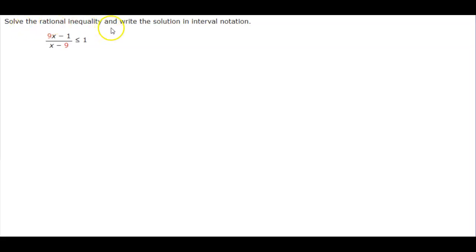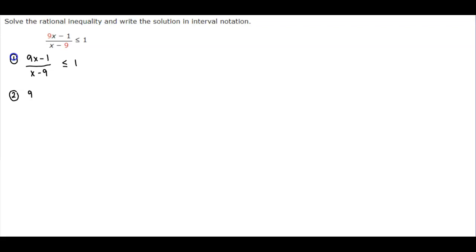Solve the rational inequality and write the solution in interval notation. 9x minus 1 over x minus 9 is less than or equal to 1. So we write out the inequality 9x minus 1 over x minus 9, and it's less than or equal to 1. Our goal is to get a 0 on the right-hand side of the inequality, so we're going to